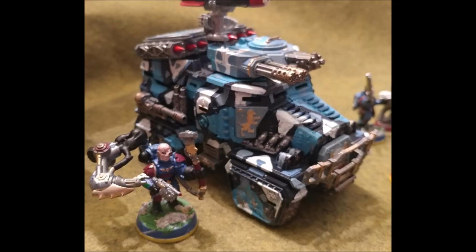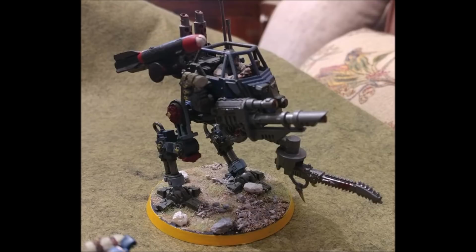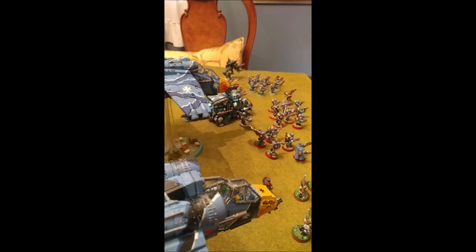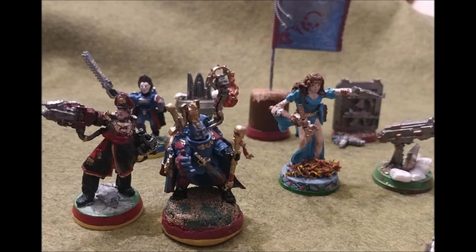Now, when your basic trooper is already running an AP -2 gun, and when you're running plasma, which is already AP -3, the extra AP -1 there doesn't really help them, because by that point you're probably going to start hitting invulnerable saves. But having an extra AP -1 on your autocannons, having an extra AP -1 on your Torx battle cannon is actually